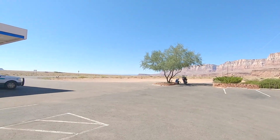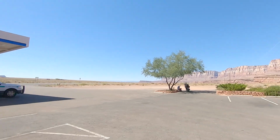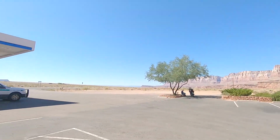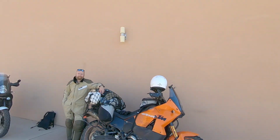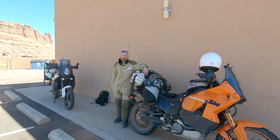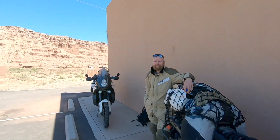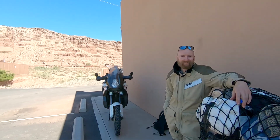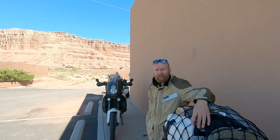So we stopped in this cute little town of Marble Canyon after riding past all the Vermillion Cliffs. And you know me, I like to stop and talk to people, and I see these two big badass KTM bikes here, and thought I'd stop and say hi. Hello, how you doing? Good, how are you? I'm doing great. Are you guys on a big motorcycle trip? Yeah, not super big, but going from Santa Cruz down through part of the Arizona Backcountry Discovery route, and then